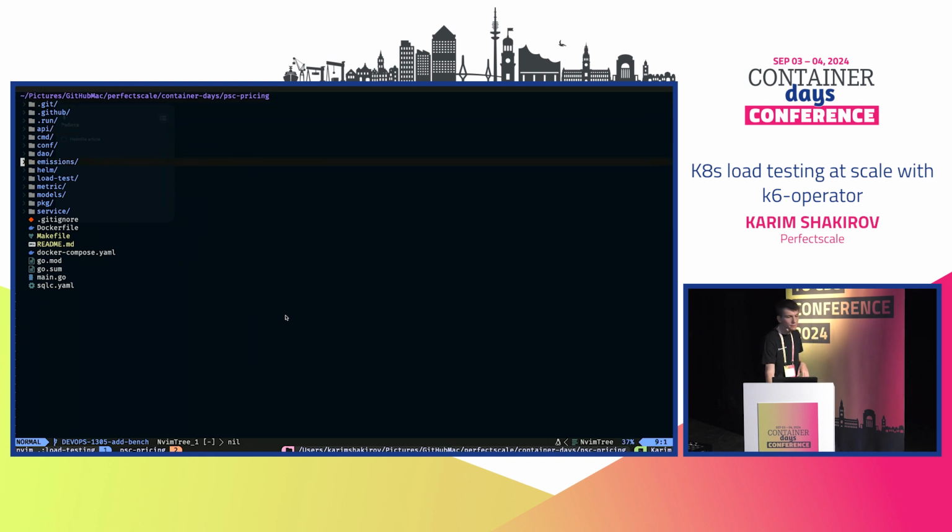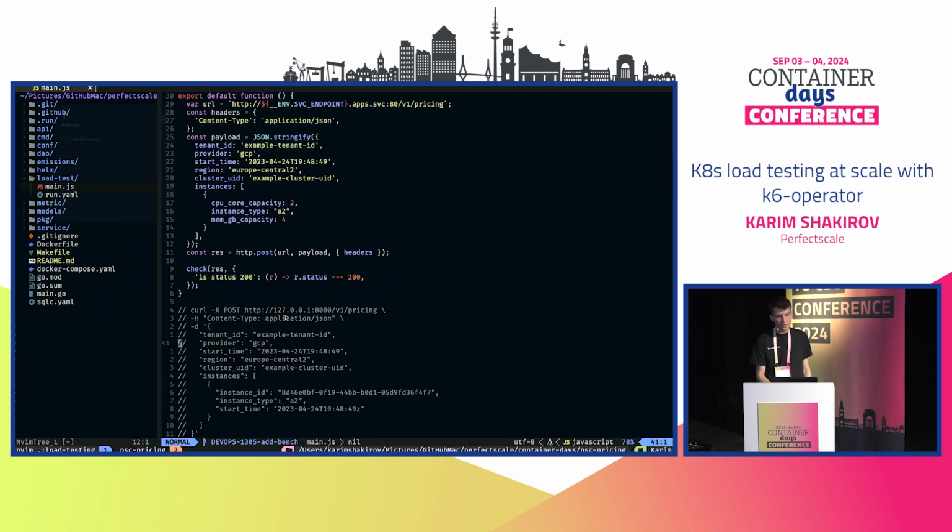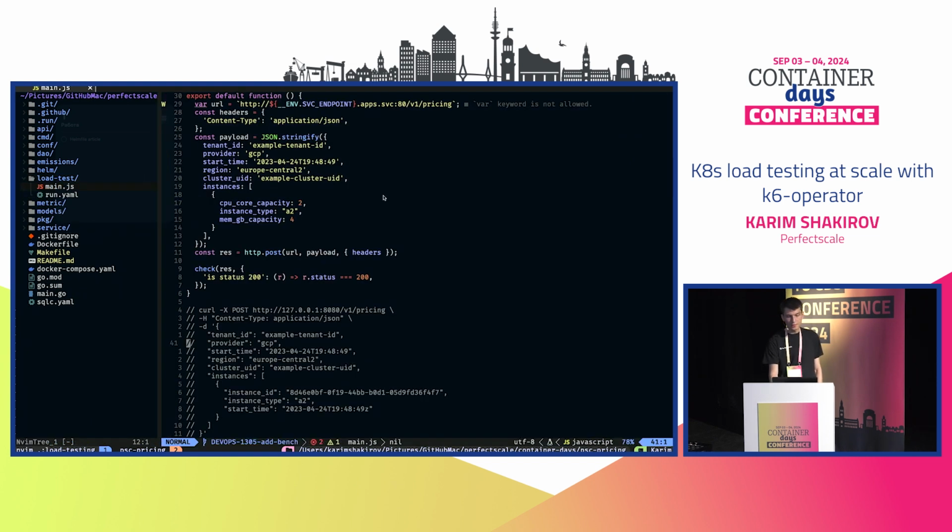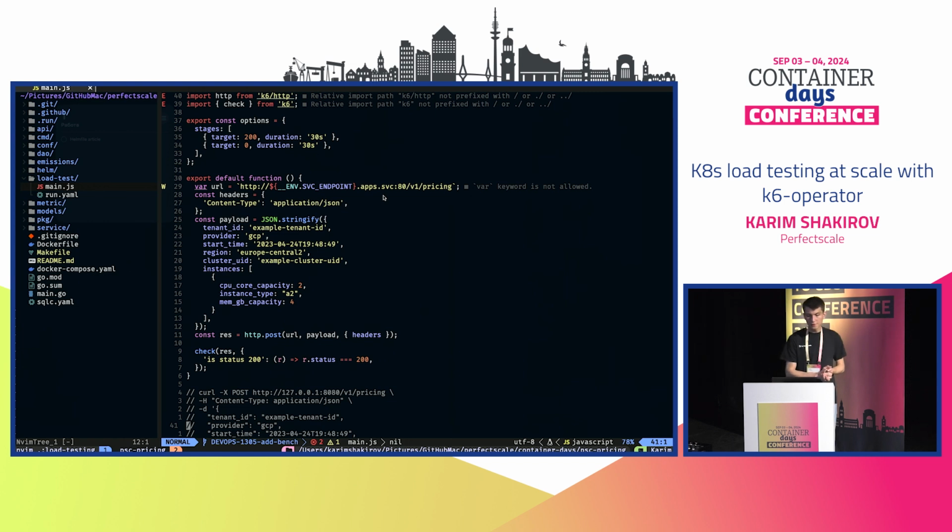So in our PSC pricing repo, we have load test manifests. The code itself is pretty simple. We define here the URL, the headers, and also the payload. Here we are opening a working model where we don't need to wait for the response. We just wanted to load test the application itself with multiple